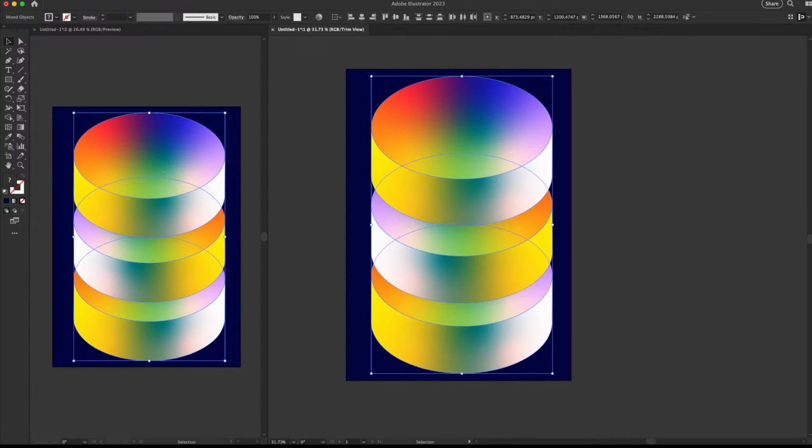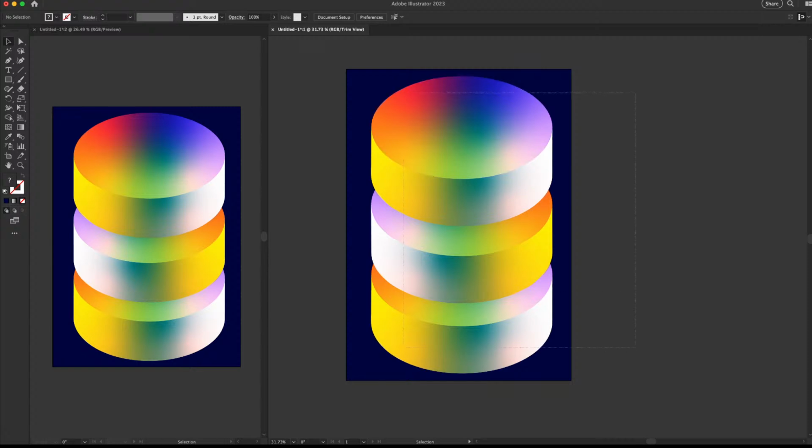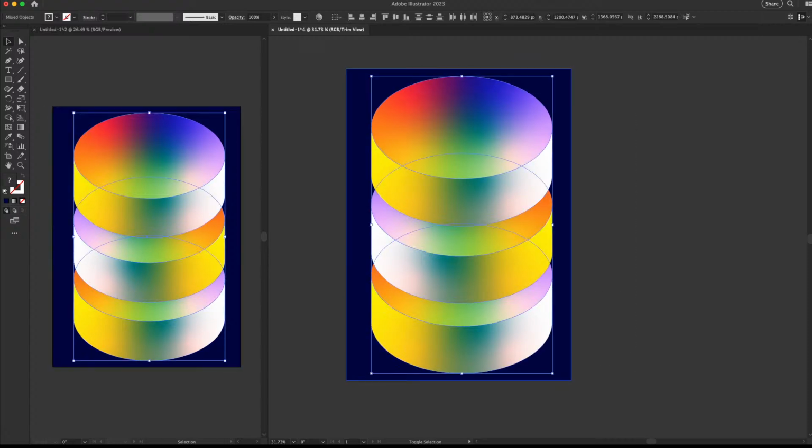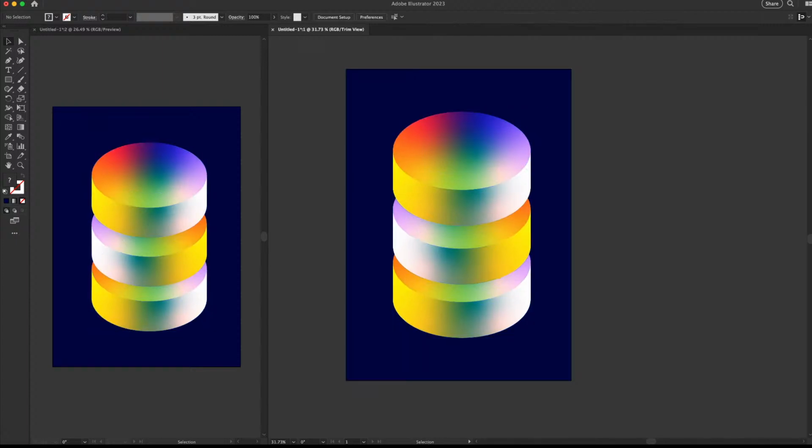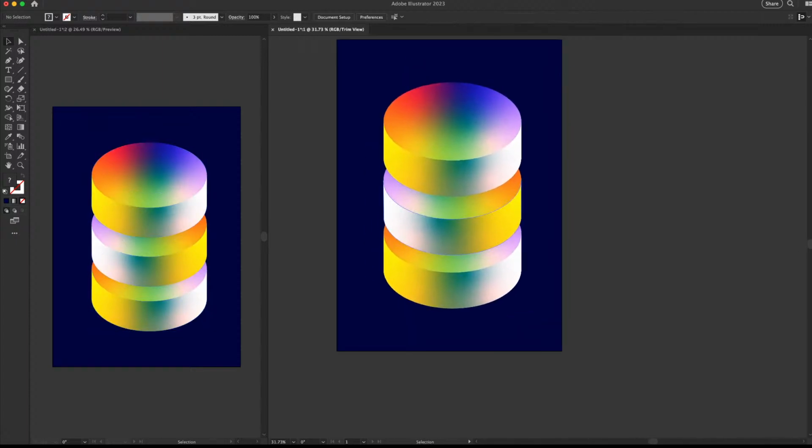Yeah, nice. So I kind of like these colors already. Maybe I'll just scale it down to see a nice proportion of the visual. And then